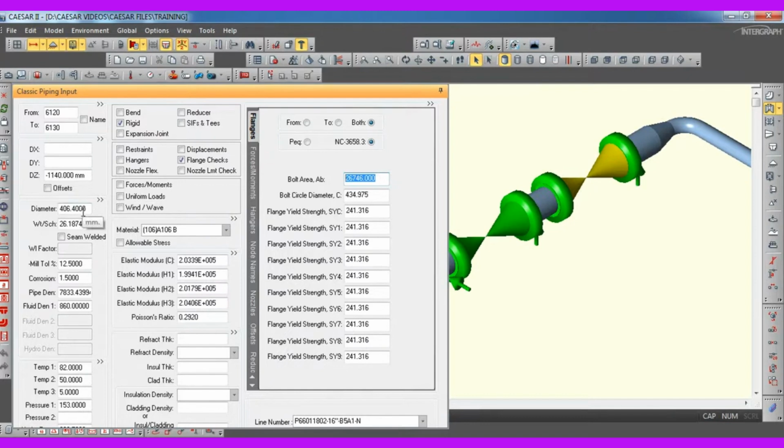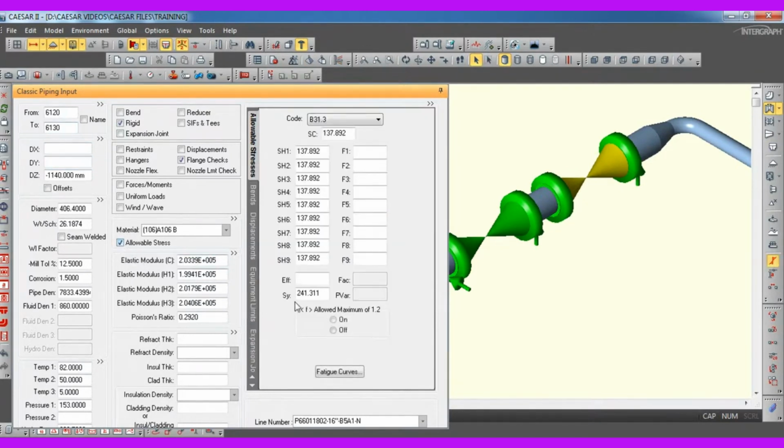So you can calculate as per B16.5. And bolt circle diameter also will be available in B16.5. And yield strength you can take from ASME B31.3 or from CAESAR itself. If you double click this allowable stress, you will find this yield strength. So this value needs to be entered